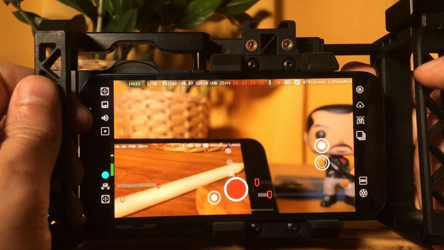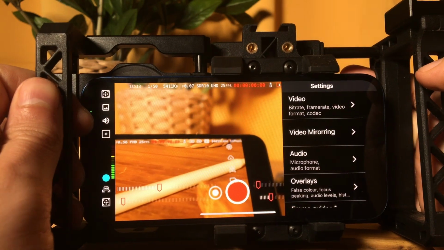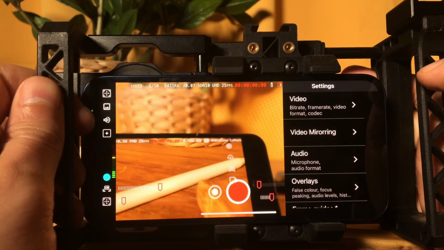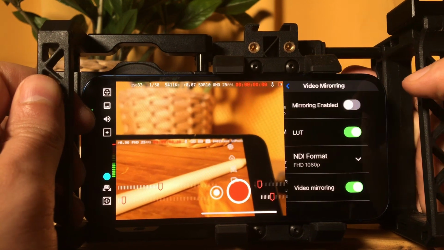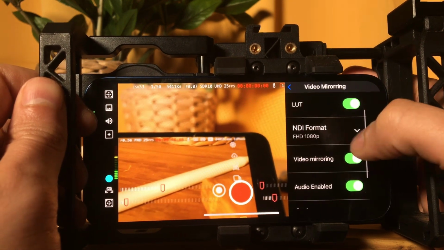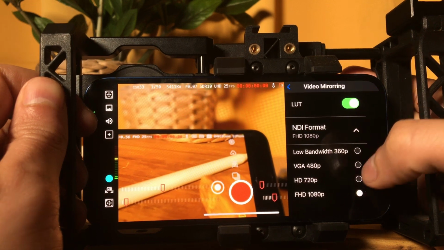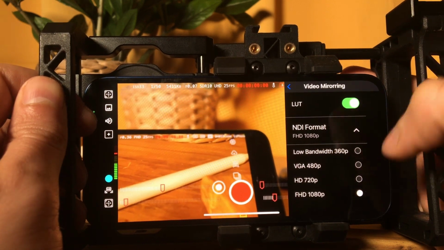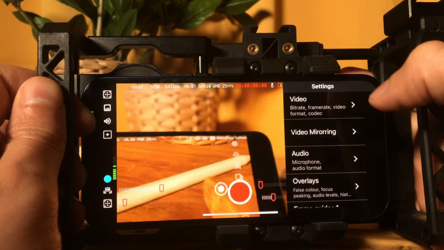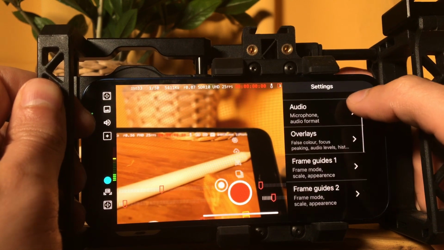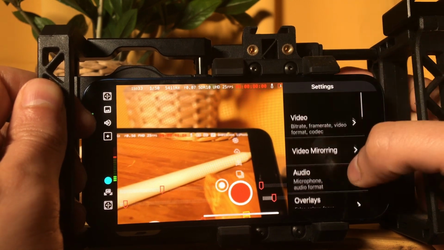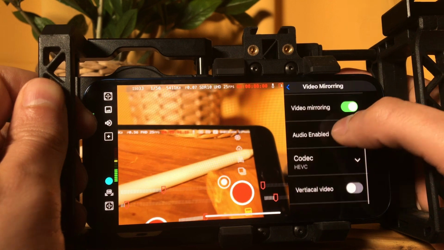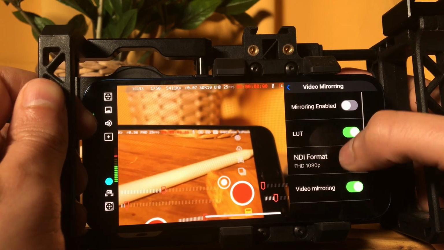So with camera A here, you go to Settings. And under Settings, you'll see Video Mirroring, which we skipped over earlier on. If we press on Mirroring, we've got all the different things that we want to mirror. You can even include what kind of resolution you want to mirror it to, so I put 1080p, full HD. You've got audio options, you can choose whether to use your overlays, and various other options that you can check off. But if you turn it on,